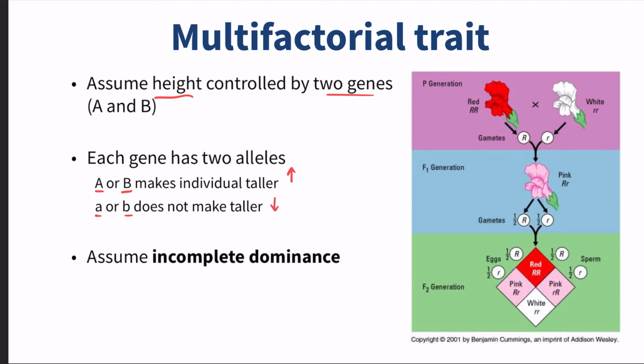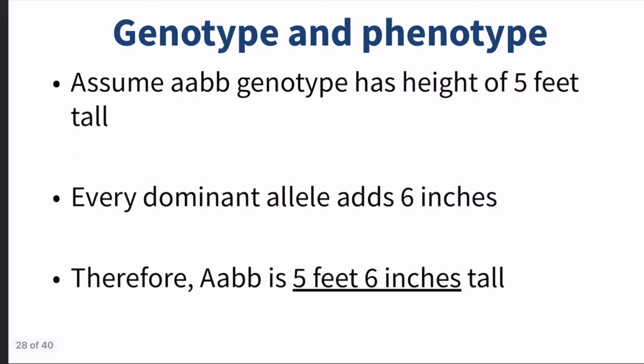And this is incomplete dominance, right? Because we're having a blend of phenotypes here. So if we continue with this example of little a, little b being less tall, and big A's and big B's being more tall, let's also assume if somebody has the genotype little a, little b,